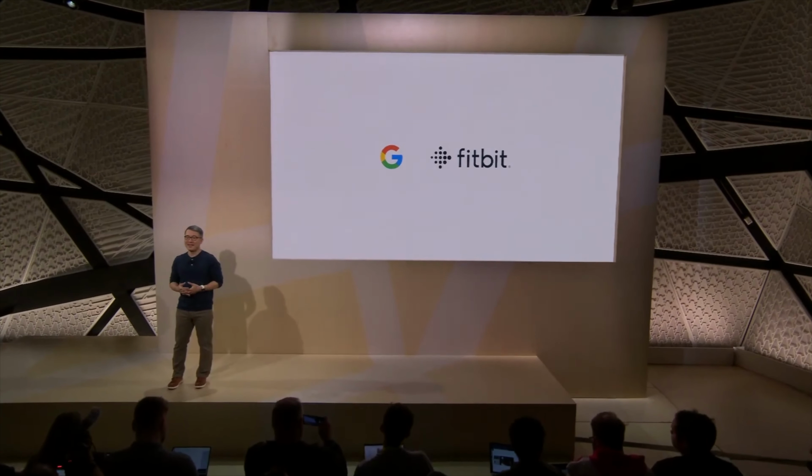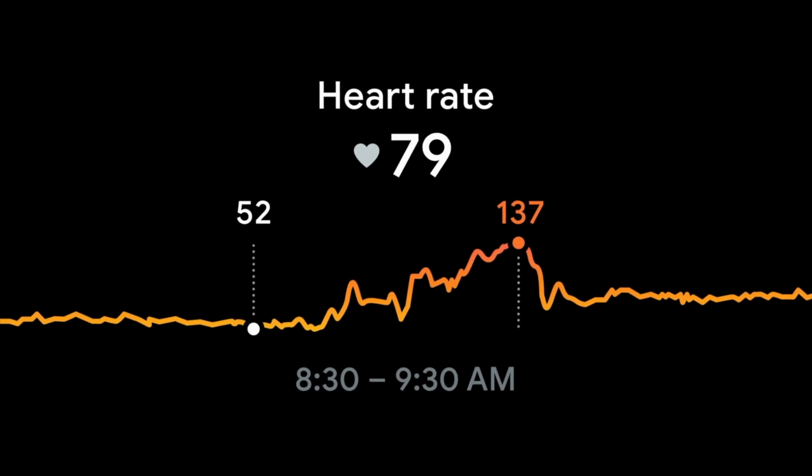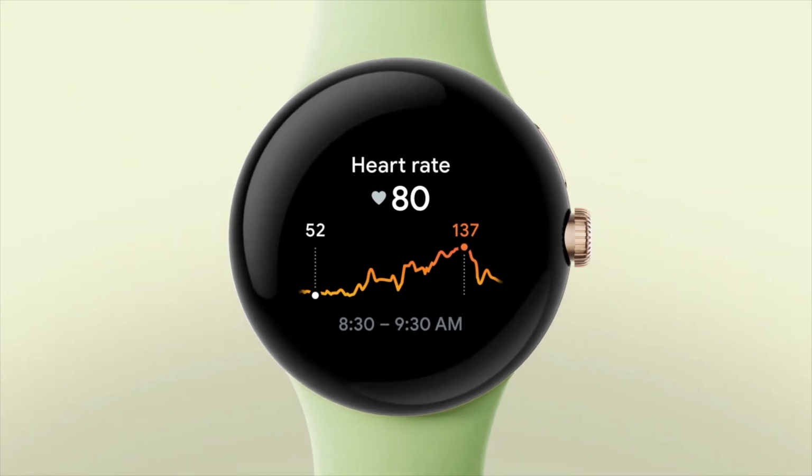Now it's also going to be the first version of Wear OS that features Fitbit support. What this is basically going to mean is it allows for better health tracking and workout data and of course the heart rate info, and it's supposedly going to have all-day battery life with around 24 hours of battery. But again, we'll have to wait and see when it's in people's hands to see exactly how that battery life